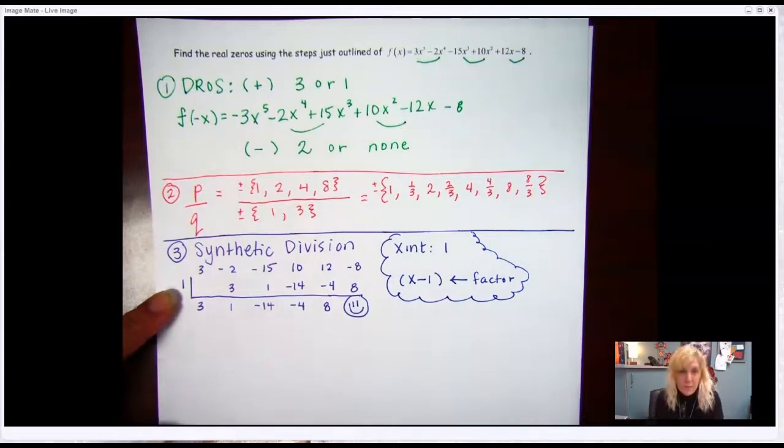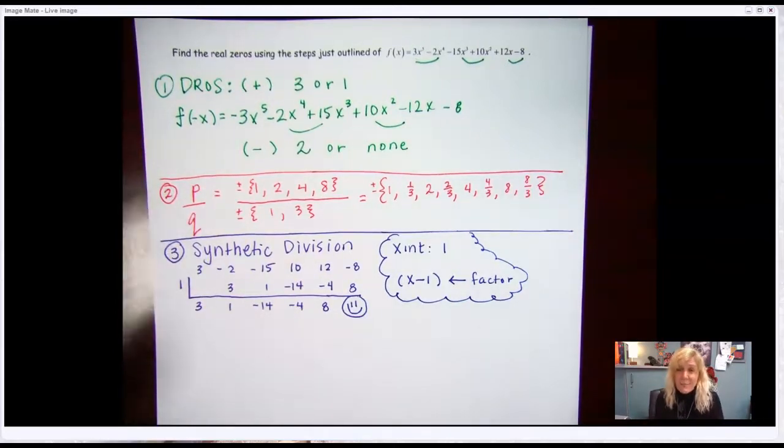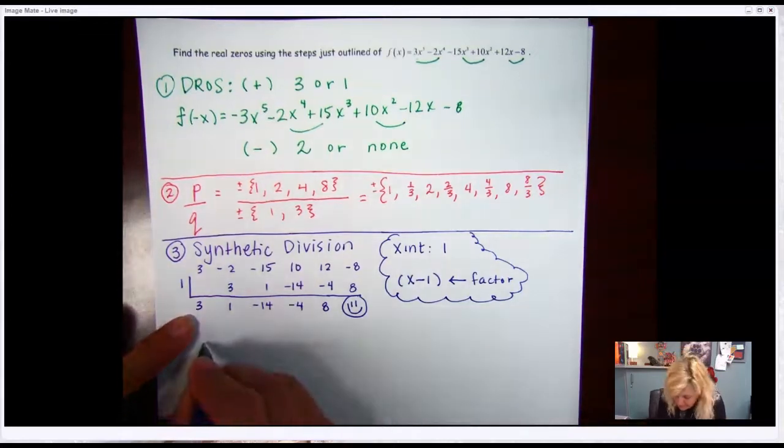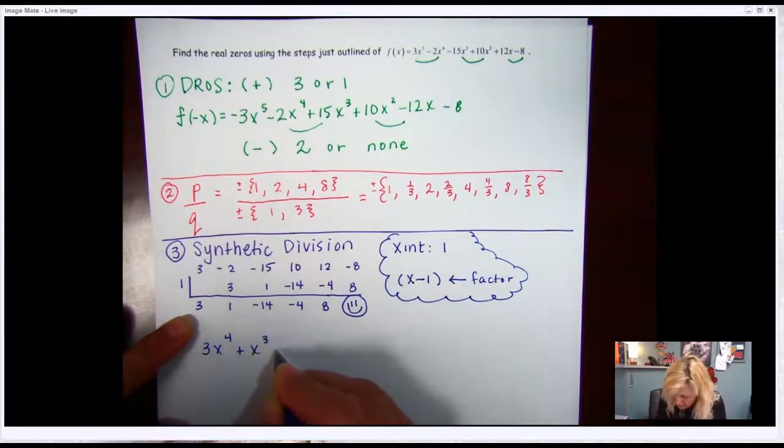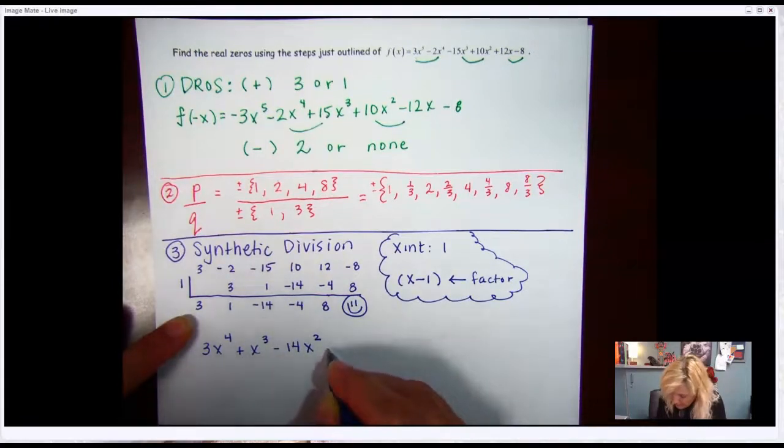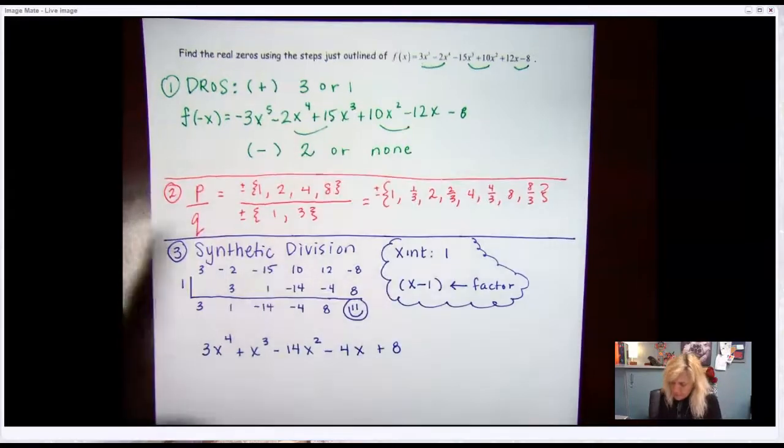So let's take a look at what the depressed polynomial is, or the polynomial knocked off by 1 degree, the quotient. So this is going to be 3x to the 4th plus x to the 3rd minus 14x squared minus 4x plus 8. So from here, I look to see if I can do factor